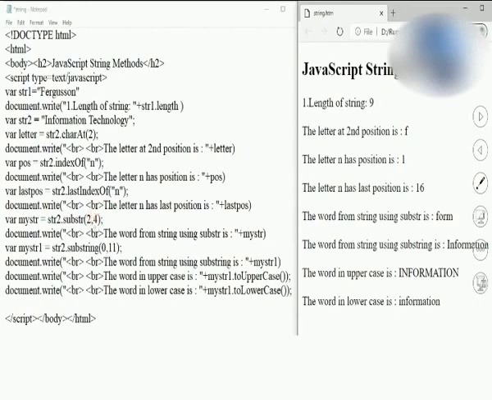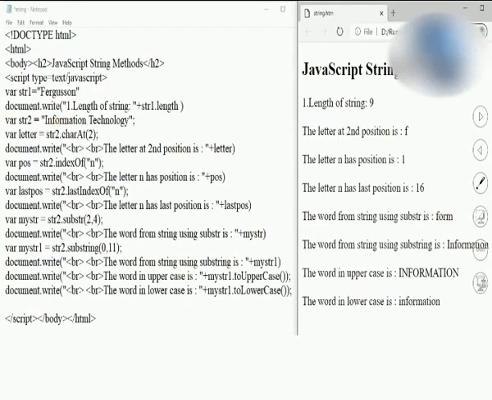How many characters to take? This is the next number. So here I am printing this one from string 2. What is my string 2? String 2 is this one, information technology. The second character for the information technology: this is 0, this is first, and F is the second character. From the second character take 4 characters, means it is going to start with the form, and it is going to take 4 characters, means it is going to take the form word, and it has shown as in the output.